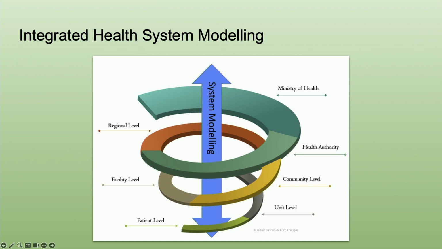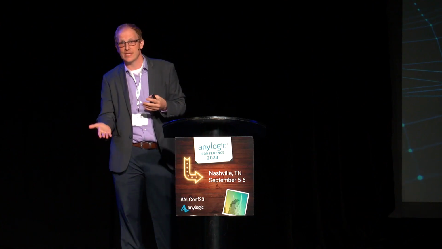Excuse the double L, and we're modeling Canadian clients, so sometimes that makes it into the presentation. But as you can see here, we've got this sort of cyclical diagram from the bottom that captures this multi-layer decision-making environment that we saw on the learning health system, but it connects them together, recognizing that decisions that happen at the patient level or at the unit level within a hospital are going to be impactful on the regional or even the provincial level. And then at the Ministry of Health level, where a lot of those decisions are being made, that's going to be obviously impacting all the way down.